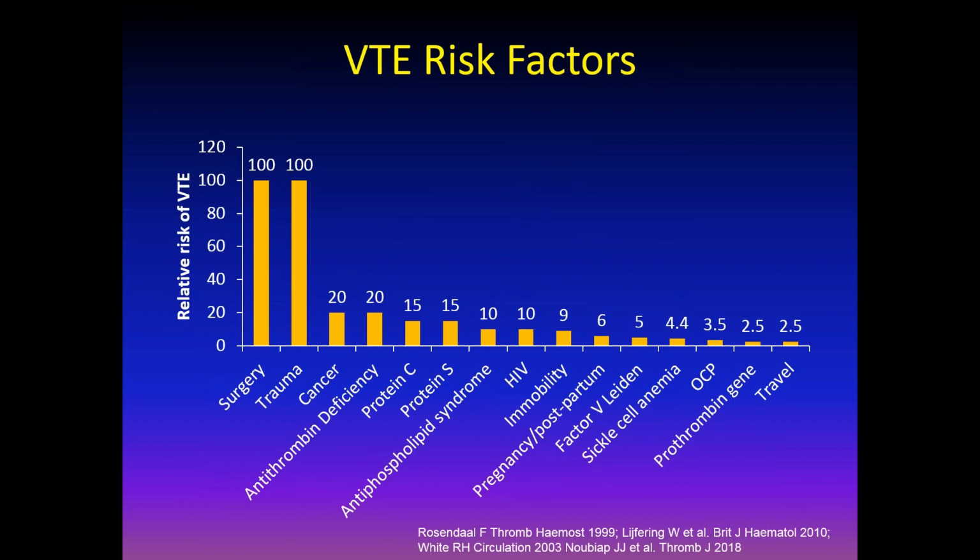Then you see a number of other clinical conditions, cancer, as you can see, associated with significant risk, and then the most potent of the inherited risk factors, antithrombin deficiency, that Dr. Tarantino will be discussing in a few minutes, is also associated with significant risk. Then there are various other inherited risk factors and acquired states such as antiphospholipid syndrome, immobility, which is common among hospitalized patients, and then even more common associations that are much lower as far as their risk of venous thromboembolism, such as travel. Long-haul travel has also been discovered to be a risk factor for developing deep vein thrombosis and pulmonary embolism.